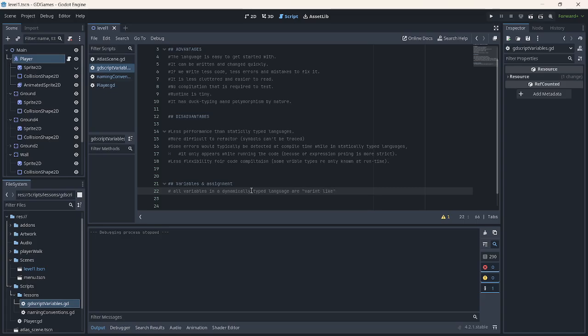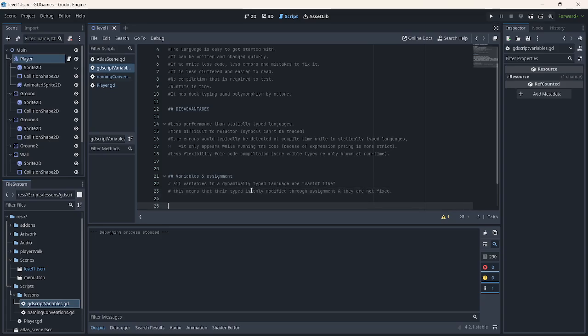This means that their type is not going to be fixed and is only modified through assignment, and they are not fixed.